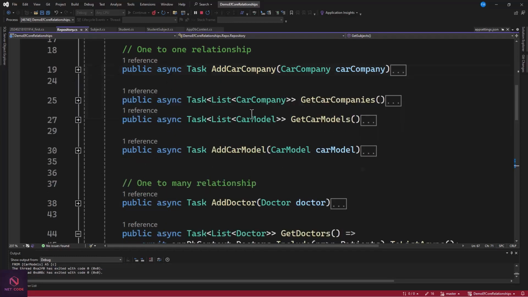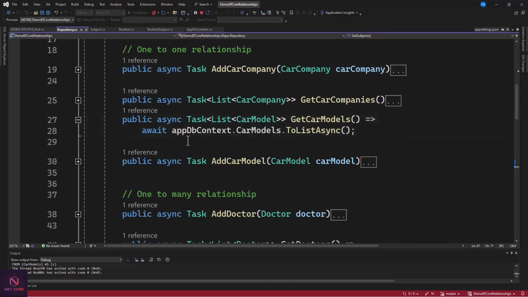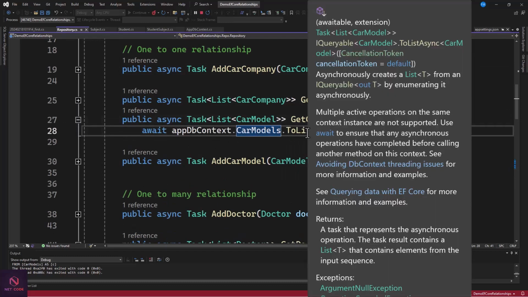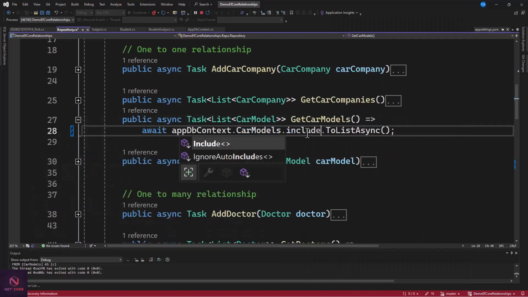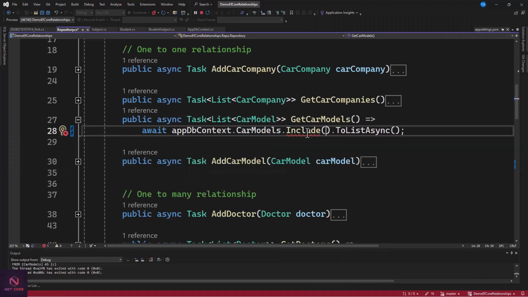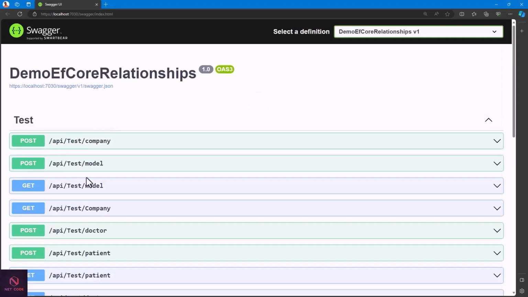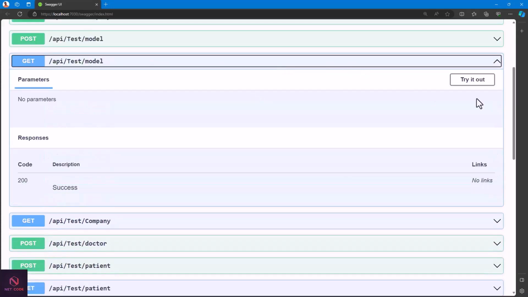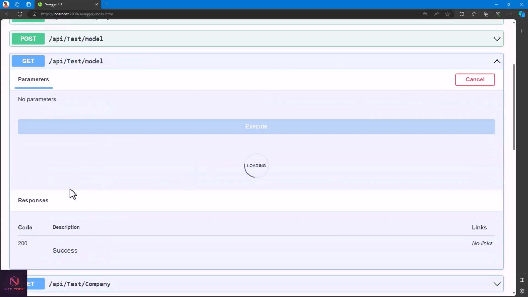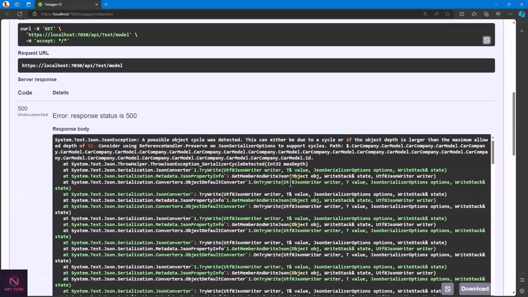And now from the car models, that is where we can include the parent. So dot include, then we need company. So dot company, we can include this. Now when we save this, and I'll check this out. Let's see if this gets refreshed. Now from the models, we can just get, execute, and you're going to have access to, so we have this